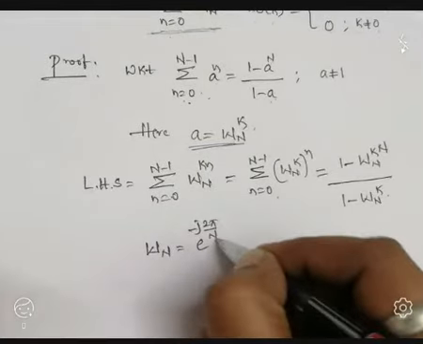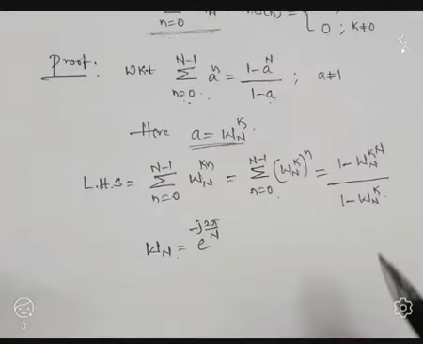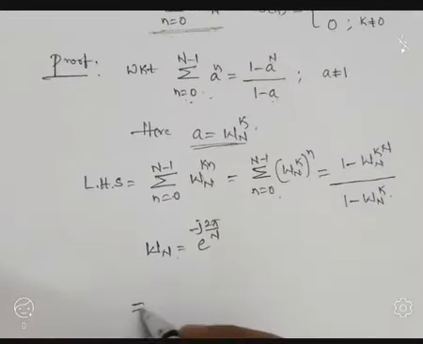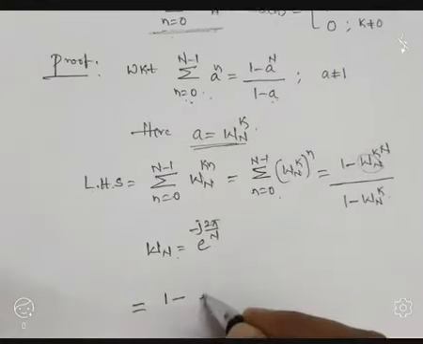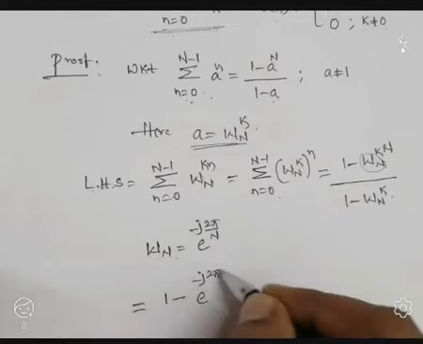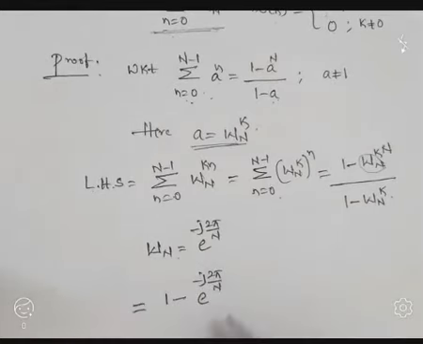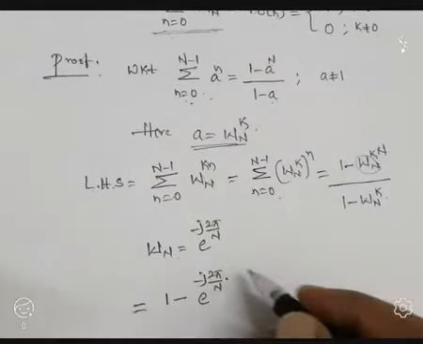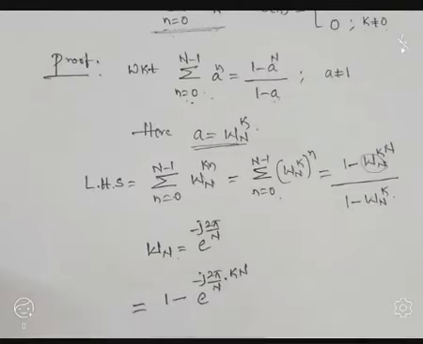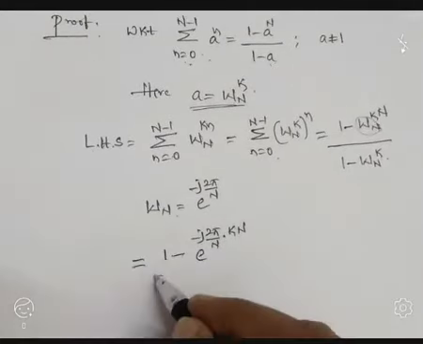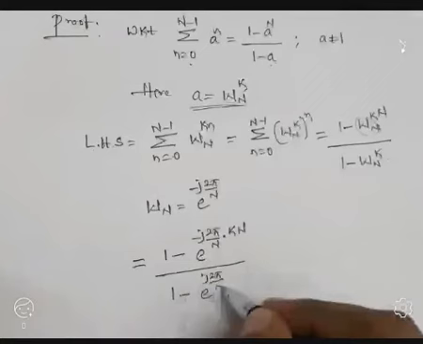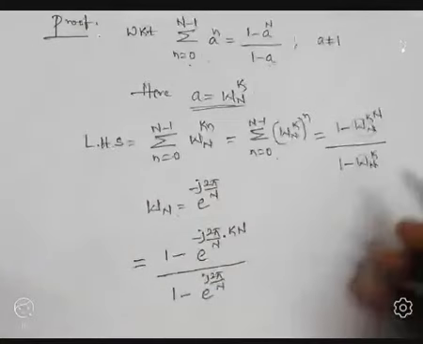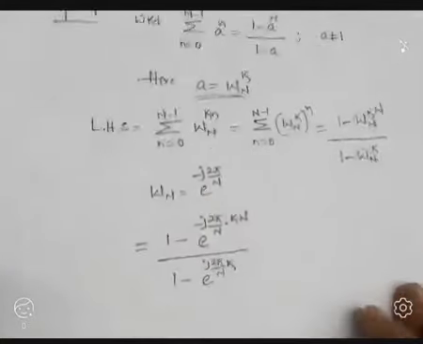So let us make use of the definition of the twiddle factor in this expression. So this becomes 1 minus the twiddle factor, correct? e to the power minus j 2 pi by N, as it is I written, multiplied by k into capital N is there, and the denominator is 1 minus e to the power minus j 2 pi by N, this twiddle factor, multiplied by k is there. Okay, fine.